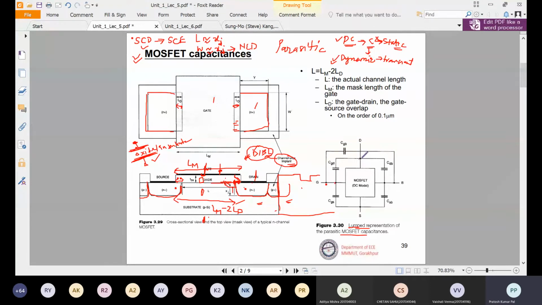There is no connection here, the connection is only at this point. So this point is connected, this point is connected, and this is connected. This is directly connected to gate to body. So between gate and body there will be a capacitance called CGB. Similarly source and body: this is the body region and this is the source region. In between, a capacitance will be generated, given by source to body, that is CSB. Similarly, drain to body capacitance will be named CDB. So there are 5 basic capacitances that we will analyze.